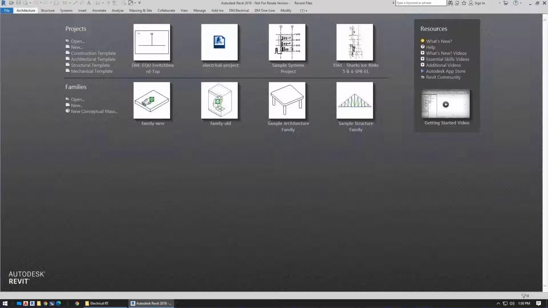Today we are going to be looking at customizing one-line diagram graphics in the new beta version of our Revit